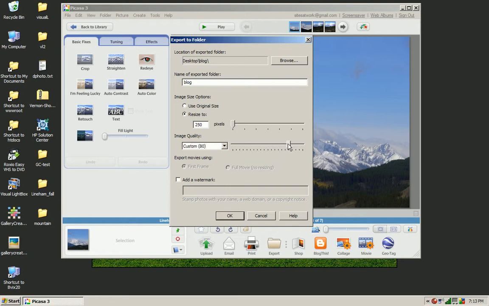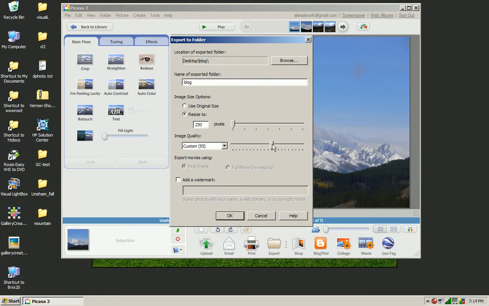I find that 80 is a good balance between compressing the file and still providing decent output, so that the picture is still relatively good quality. The more you compress, the more you slide this thing down, the lousier the quality is going to get at output stage, and